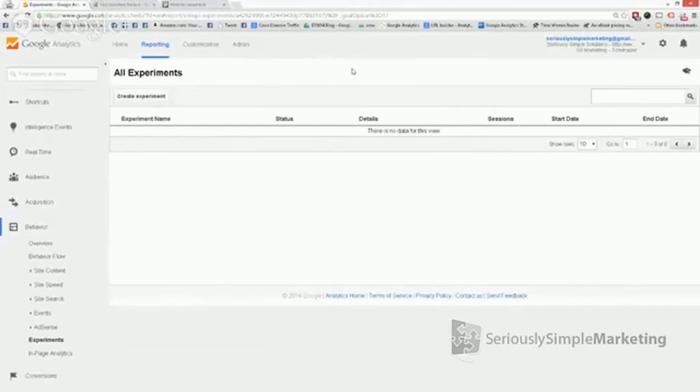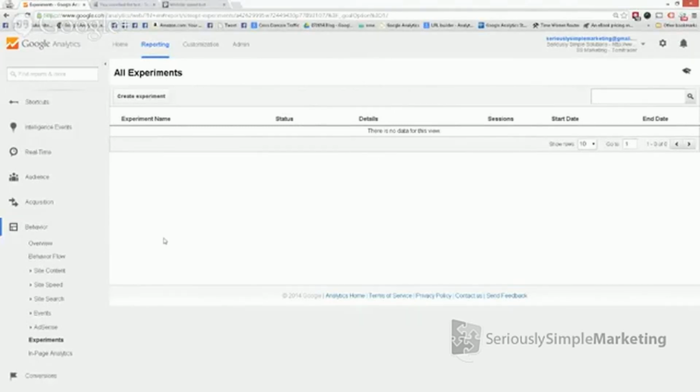But the way that it does split testing can sometimes be a little off. It uses something called multi-arm bandit, which is sort of a way of sending traffic to the test that is winning, and it adjusts traffic very, very quickly, which sometimes can be bad. So for various split testing reasons, which I'll just have to cover on another webinar, we're not a huge fan of that. We like just having a nice, consistent, even split of traffic for a while so that we can compare a lot of data. And then that makes for a better split test for us. So that's why we really don't use experiments.